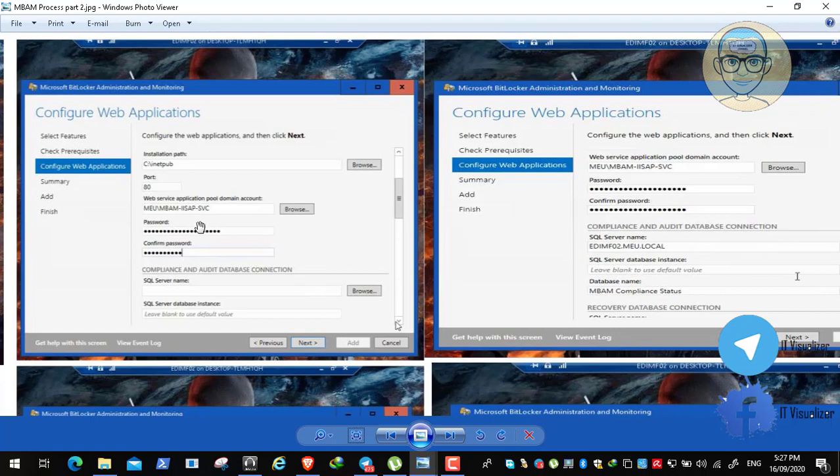So this is the user that will be responsible for running the website of the MBAM and the URL of the MBAM. This one will be responsible for running the administration and monitoring tool portal and the self portal. Okay, so we will put it here, and then it will ask us